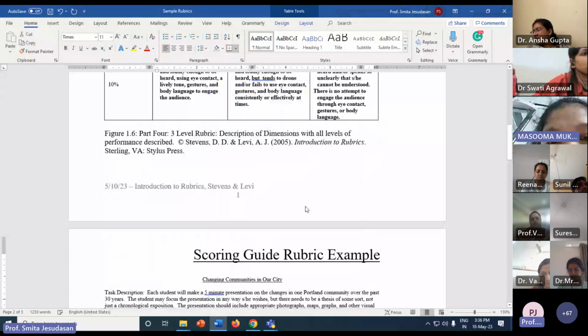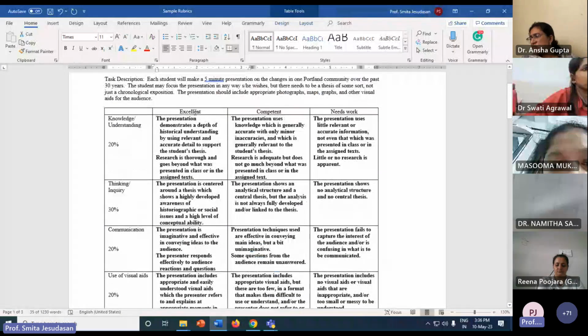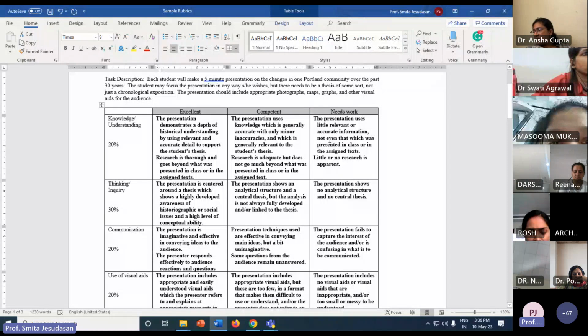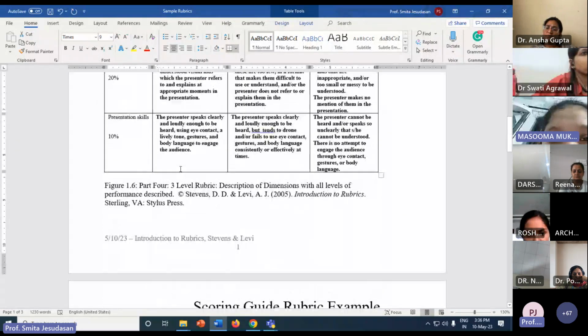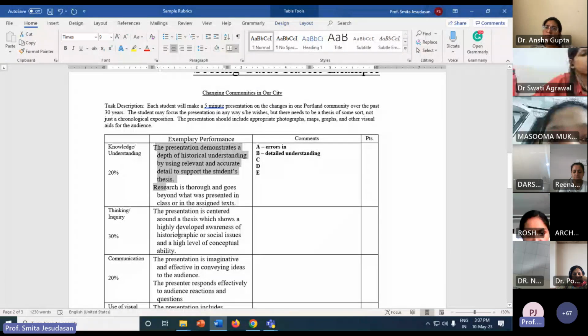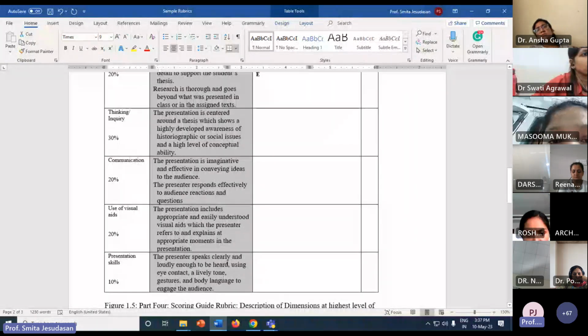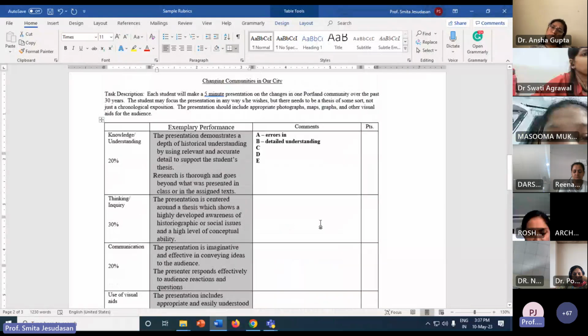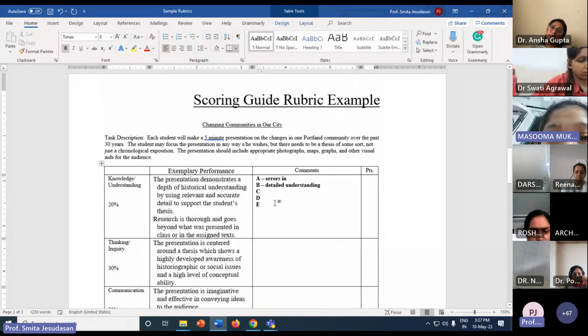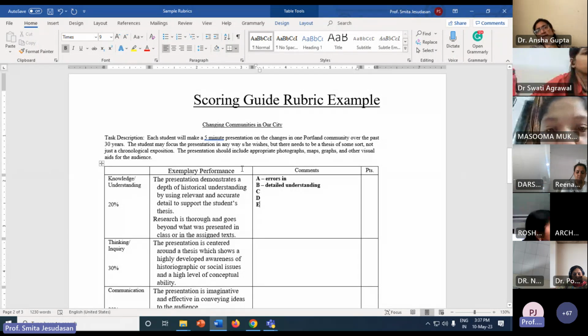Once you form your rubric for 3 levels, this is based on a 3-point scale. Needs work means low category, competent means medium category, and excellent means the highest category. Once you list out the dimensions and you form the rubric, think about the highest category performance. Whom would you give the highest marks? You list those characteristics here. And then see, this is just a checklist. It is not a comparison. This is a checklist. So once you form the checklist,